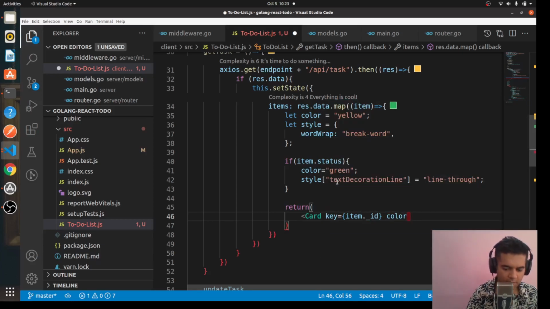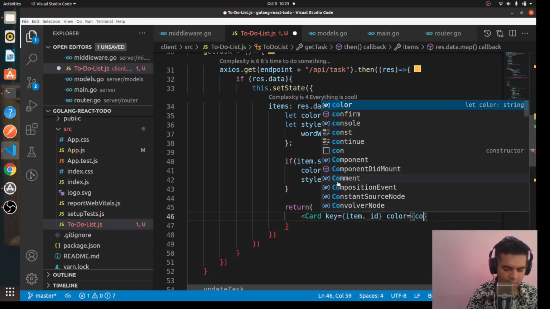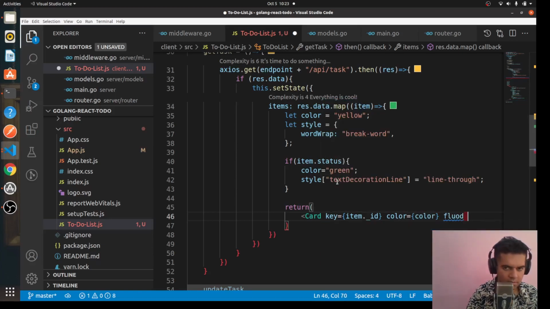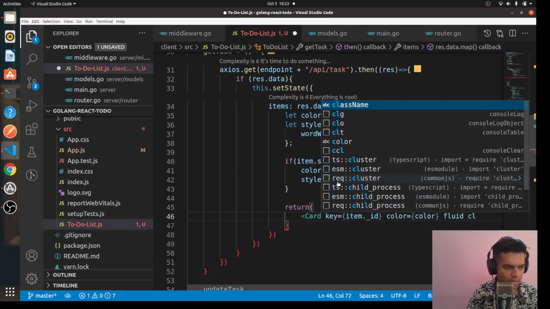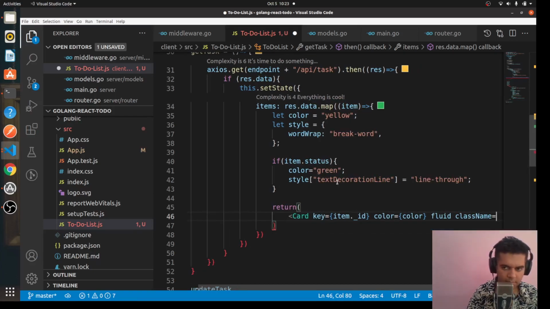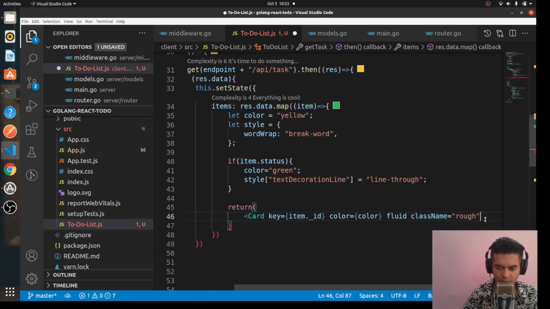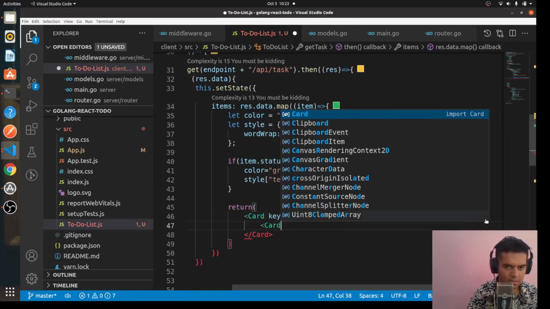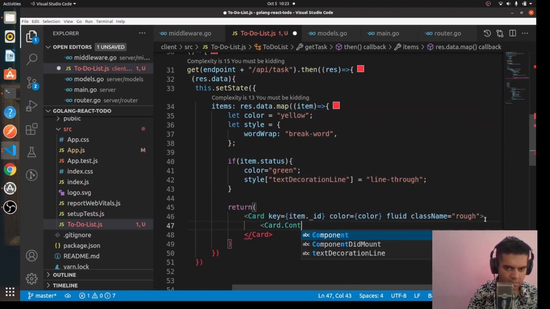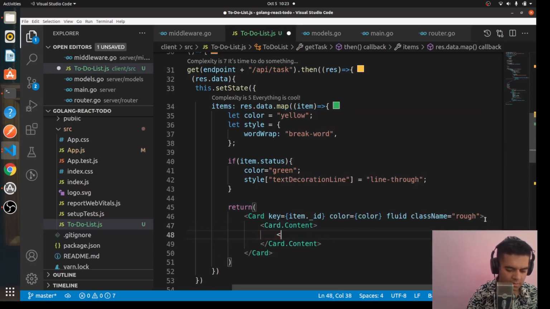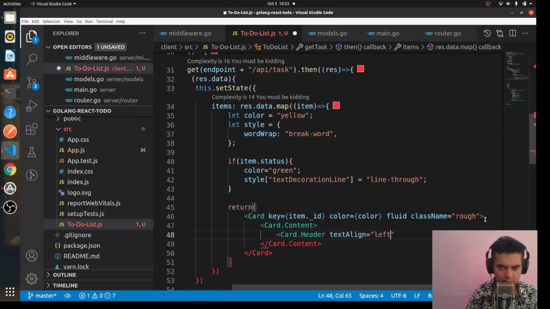So we're passing the item ID, the color, and we'll have a class name which we'll use later on for some styling. And we'll close this tag. Inside this we'll have some content in the card, so we'll say card.content, card.header, textAlign is equal to left,